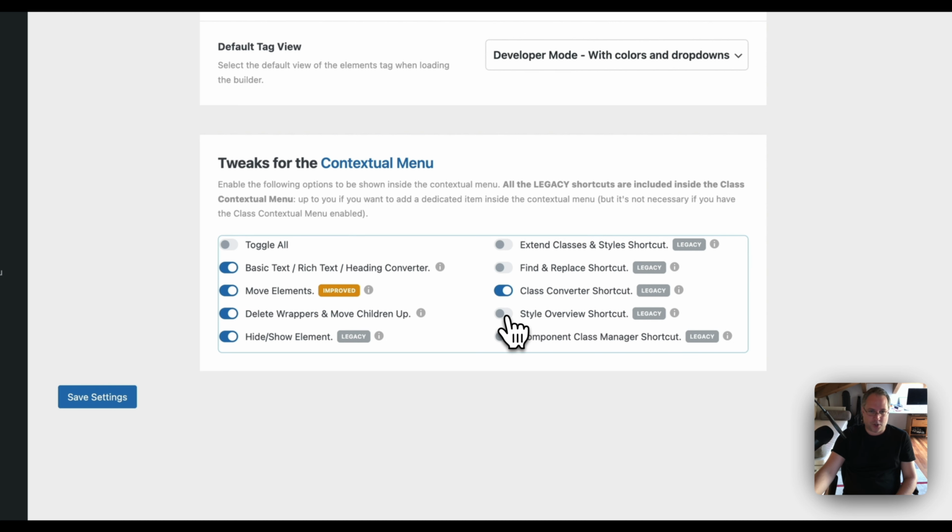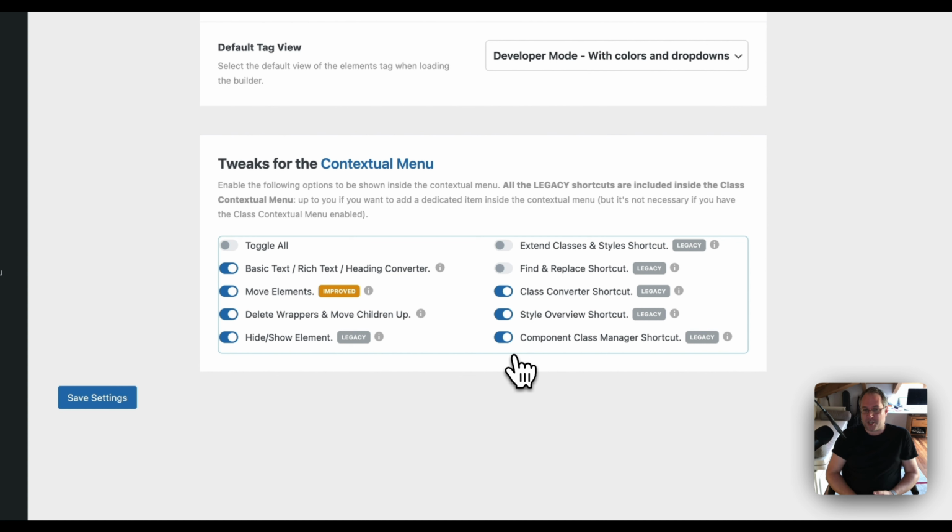And you can also disable the style overview shortcut, but for my convenience, I would probably keep it. And the same thing for component class manager, which is super useful. Again, these options are now in another menu, but for my convenience, I would keep them enabled, because I use the class converter a lot, I use the style overview a lot, and I also use the component class manager, which is super useful to have a quick overview of all the global classes used on